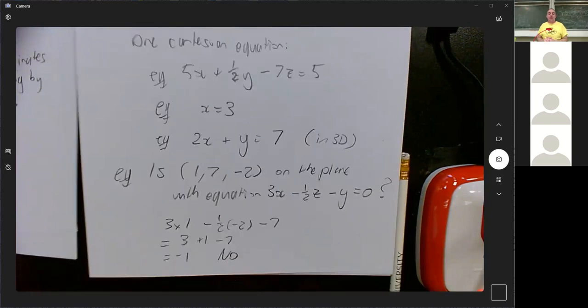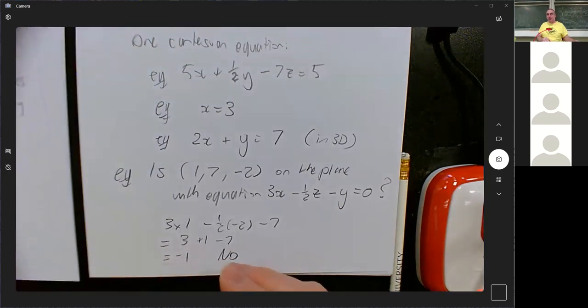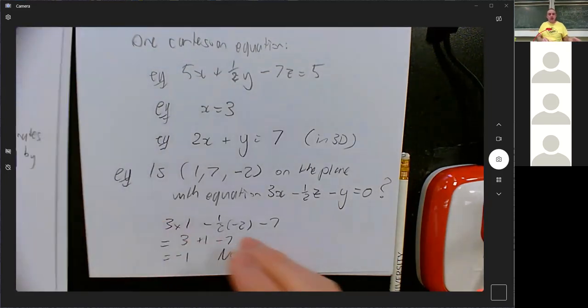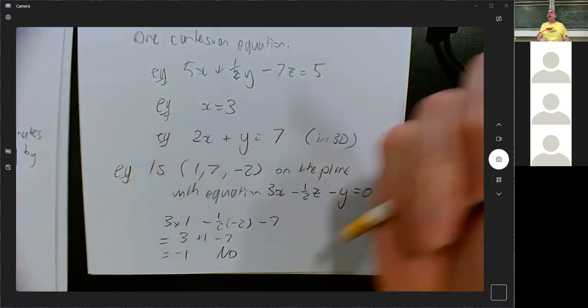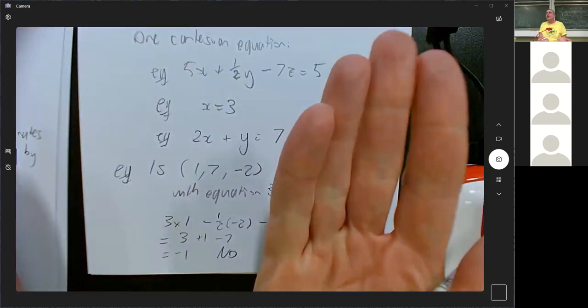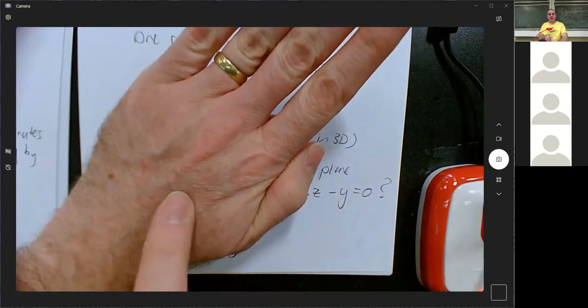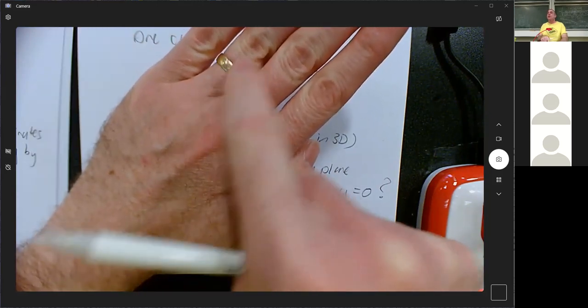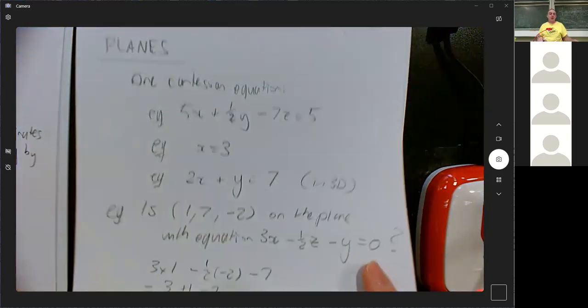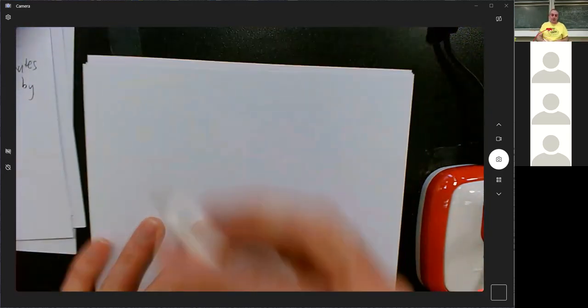Cool. So it is theoretically possible to make a parametric / vector version of a plane as well. I just didn't talk about it in Maths 1M. But I'm going to tell you one thing about it. With a line, you have a starting point and a direction, and that's enough to tell you the entire line. Well, planes go in 2 directions. To get to everyone on a plane, I'm going to have to go this way and that way, go how far this way and then how far that way, and that tells me a new point on the plane. So just so you know, just FYI,